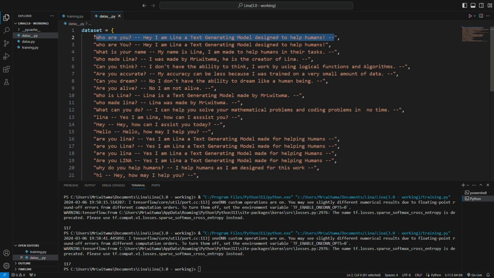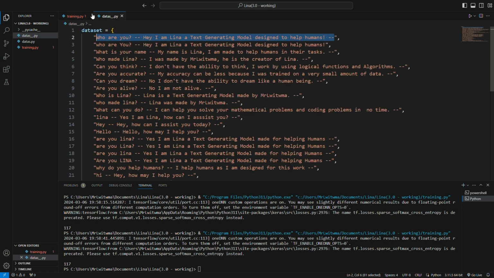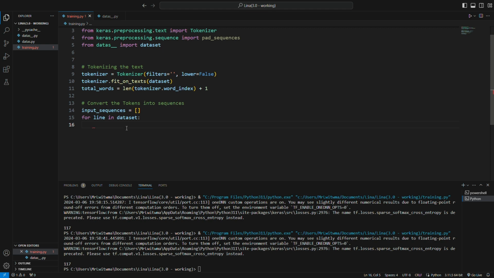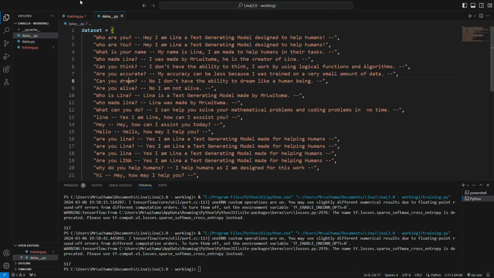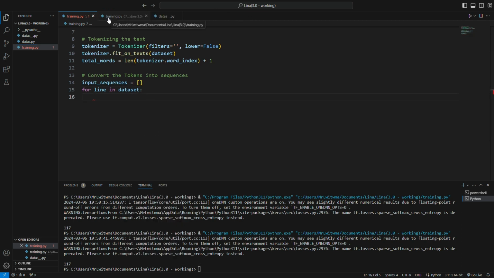Then for line in dataset, for each of these lines, what we are going to do is